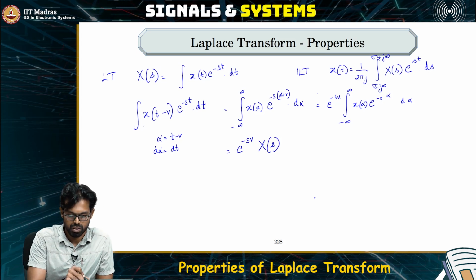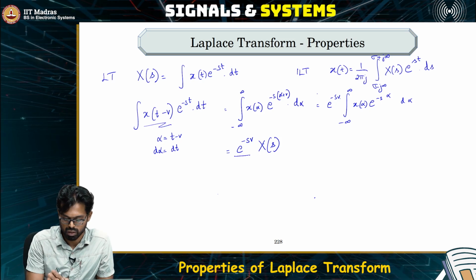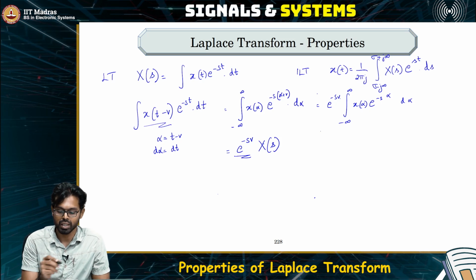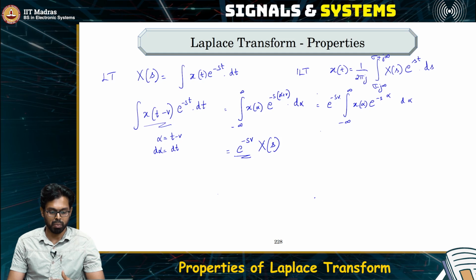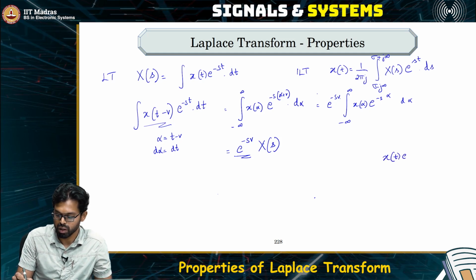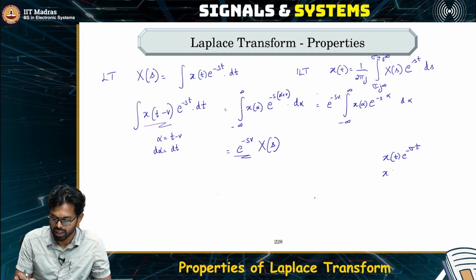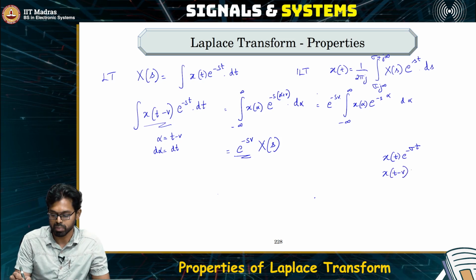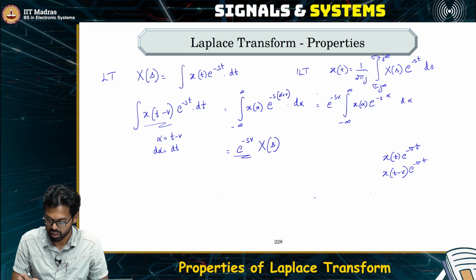So whenever there is a shift in time, what are we saying? We are seeing a multiplication by an exponential in the Laplace domain. Intuitively, if you think about what happens to the ROC, if x of t e power minus sigma t is absolutely integrable, then its time shifted version should also be absolutely integrable, right? So if the Laplace transform exists, then we say that